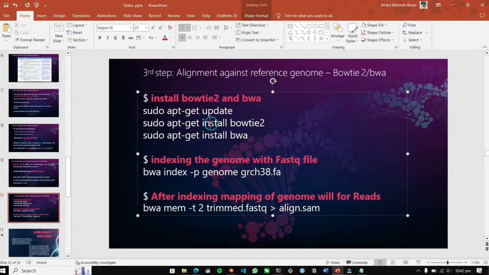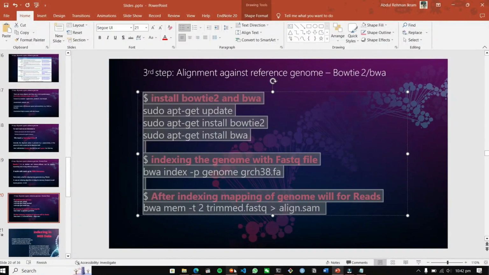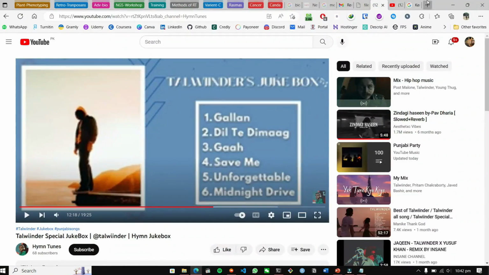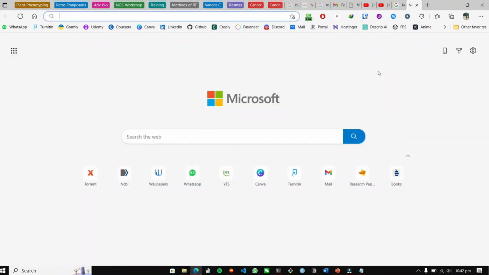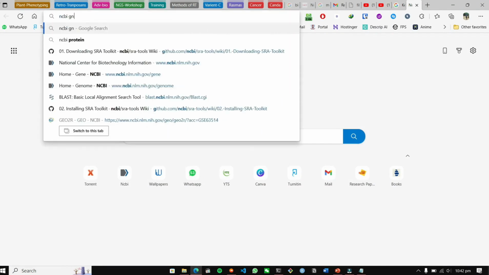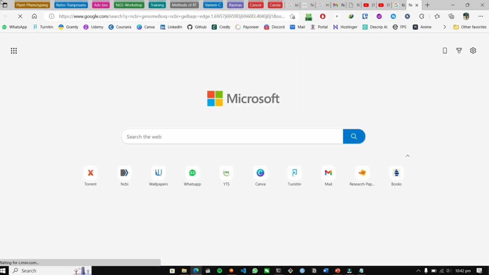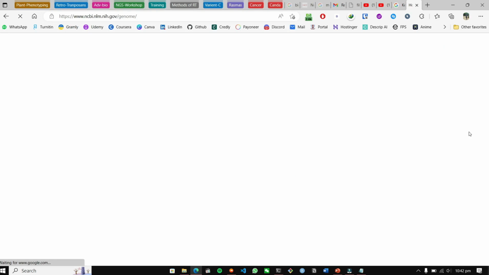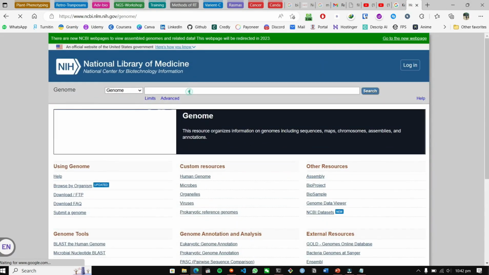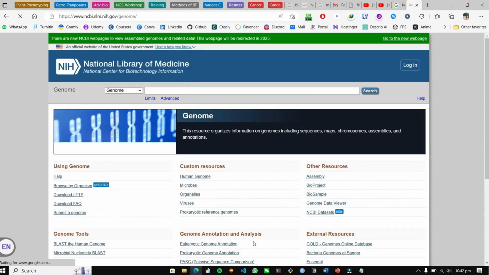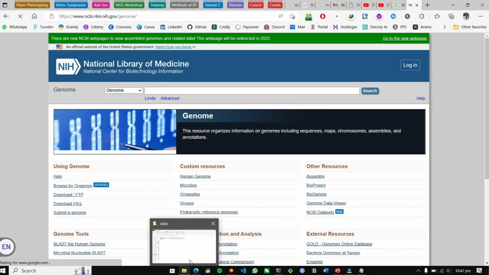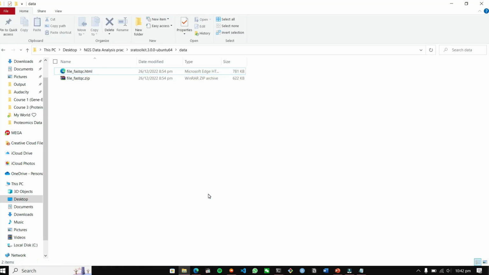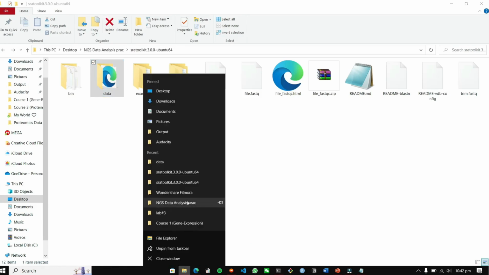Moving on, I'm going to copy all this and show you where to get the genome file. For example, we can open the NCBI genome page, depending on which plant you are working on and which kind of reads you took. You can type any genome you want. In our case, we are using the genome of Saccharomyces cerevisiae, I think.